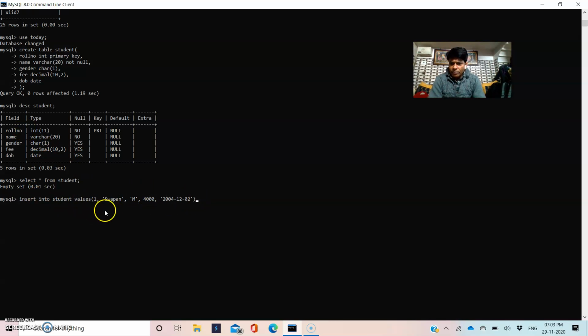This I have given for roll number, this I have given for name, this I have given for gender, this I have given for fees, and this I have given for date of birth. So five fields are there, and I have given five values. Okay, now you can see here that while giving the numerical value, I have not put any quotes. Numerical value you have to give without quote. Then name, this is varchar, so within the quote, and then character also within the quote, again numerical value, so without the quotes,